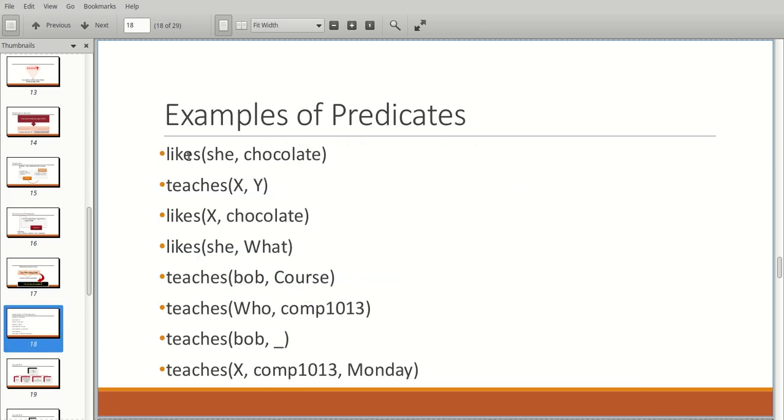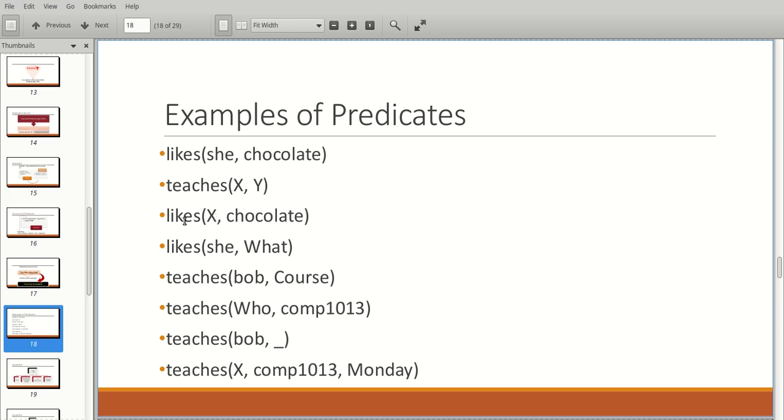Here are examples of predicates. The first one, teaches is the function, and you have the two variables x and y, so this means x teaches y.